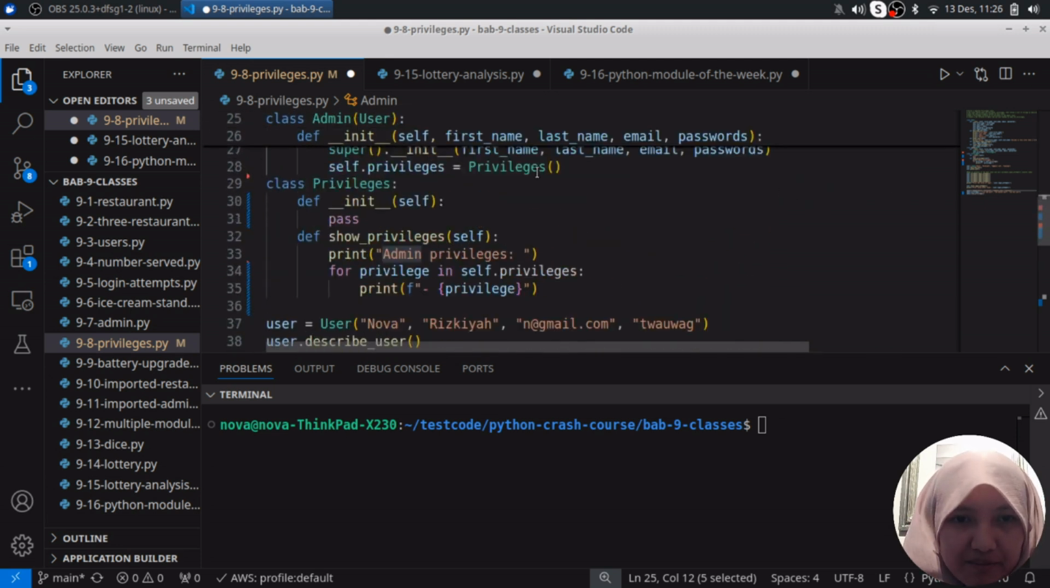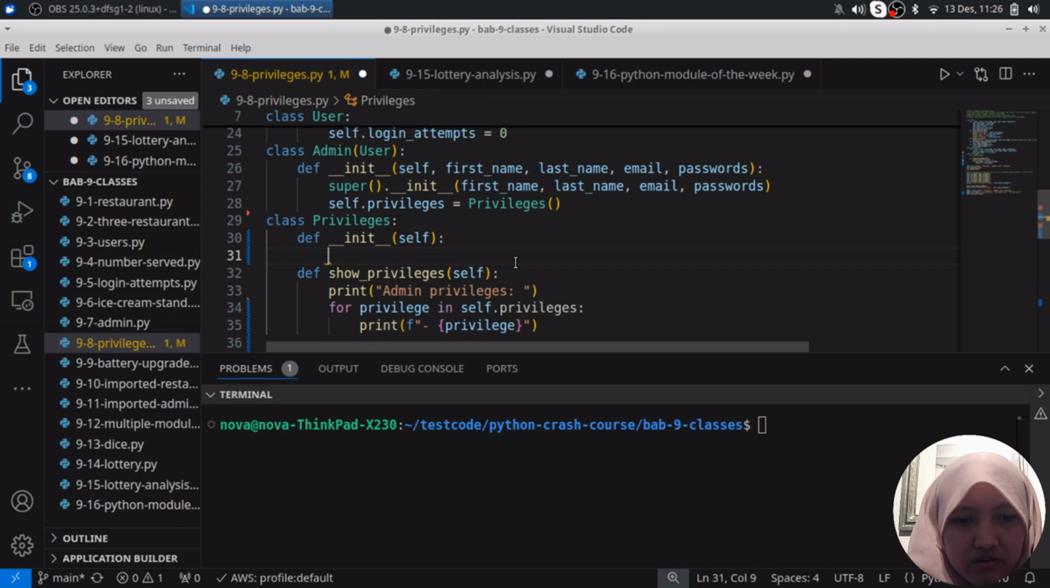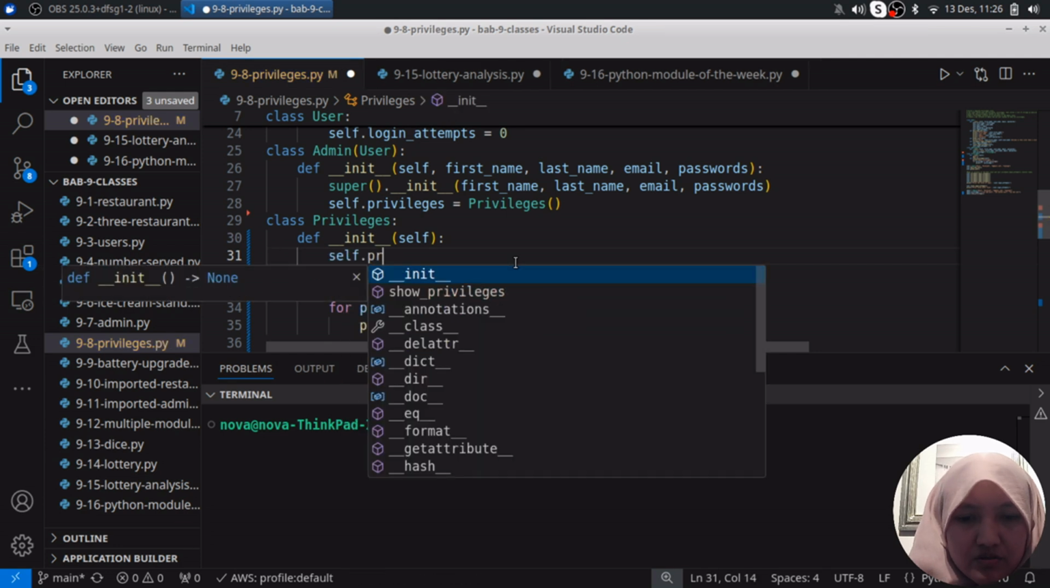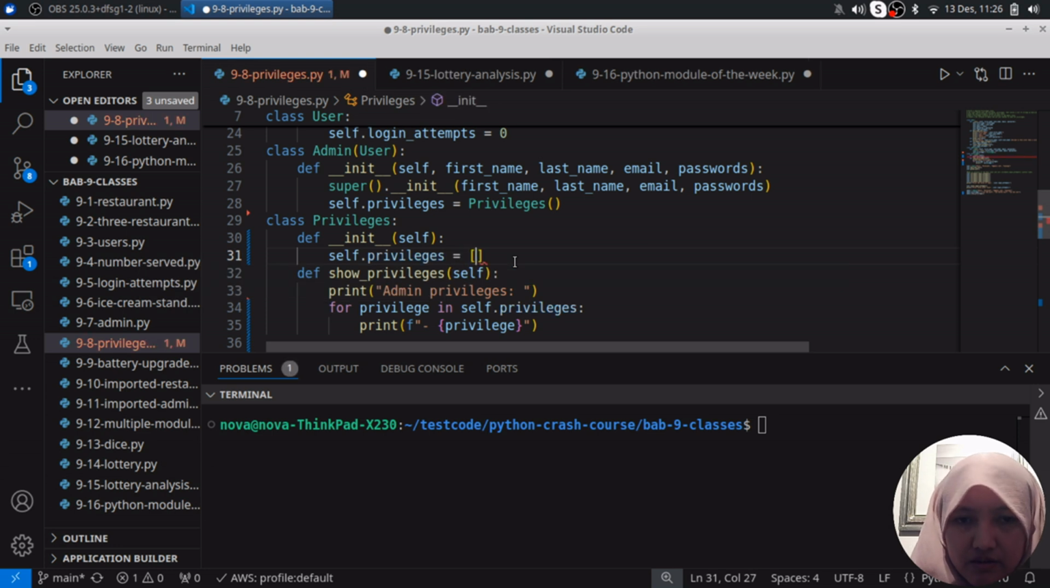Wait a minute, I forgot. In this class Privilege, I would like to add def __init__. We must add def __init__(self), is it true? Then self.privilege is a list here. Set the privilege here, and then